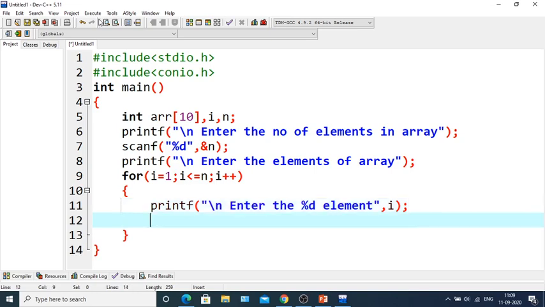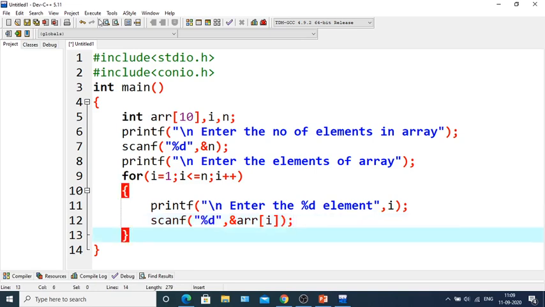Now we'll take the input, that is scanf %d, comma, &arr[i]. That means when the value of i is 1, then the element which we take through the keyboard will be stored at arr[1].